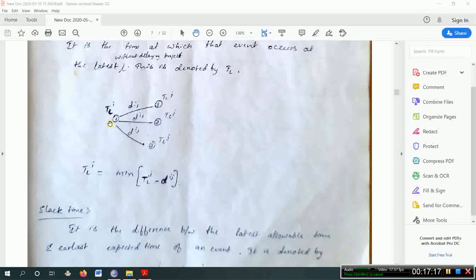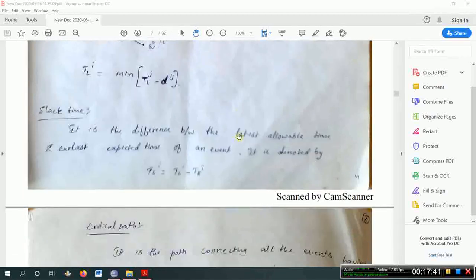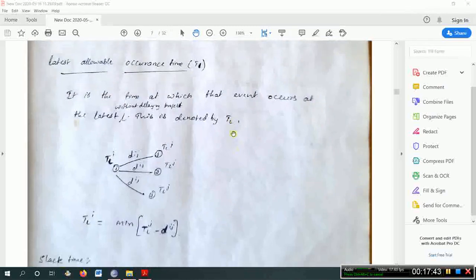So for starting the events also, there are two time estimates, early and latest. At what earliest time can he start? That is one possibility. And what will be the latest time, by considering some delays, that he may start that event? Similarly, if the event is started earliest, it will be finished early. So early finish time is related to early start time. You will get to know that while solving problems.